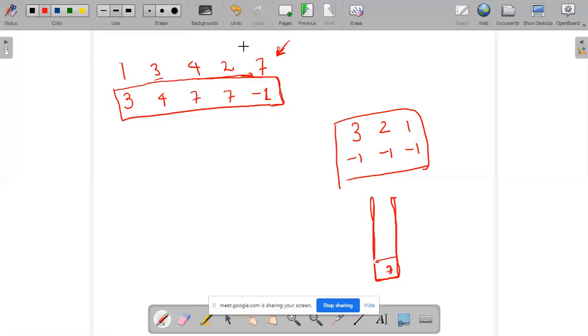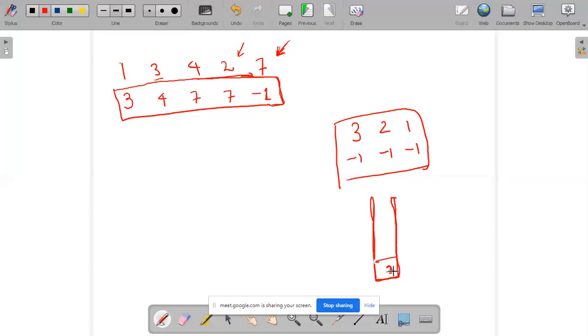Next, I'll move to the element 2. I'll check if stack top is greater or less.